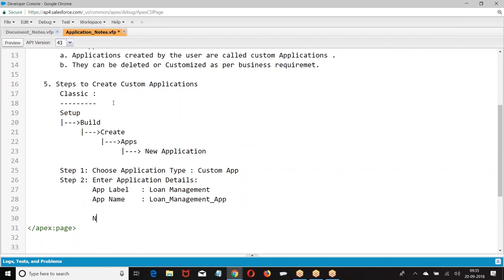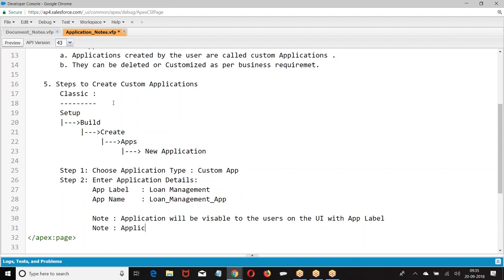Note, what is the purpose of the label? The application will be visible to the users on the UI with the label.